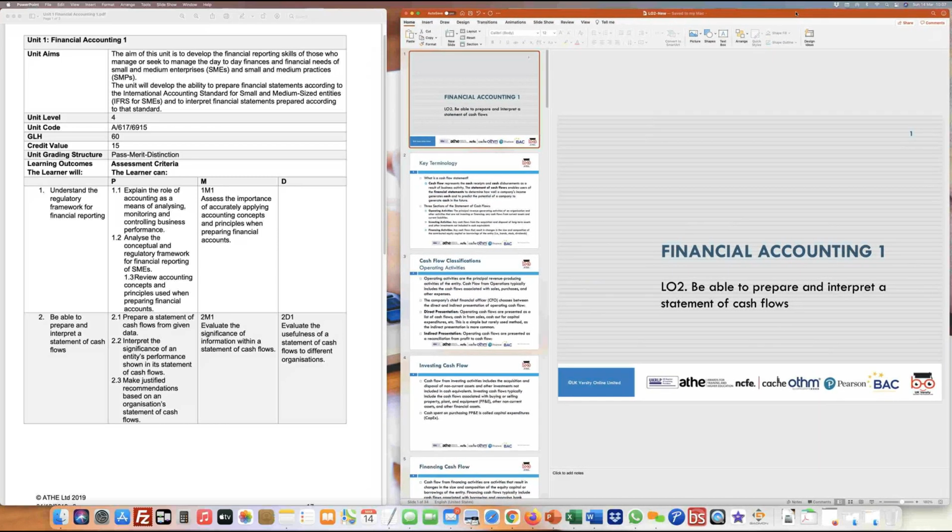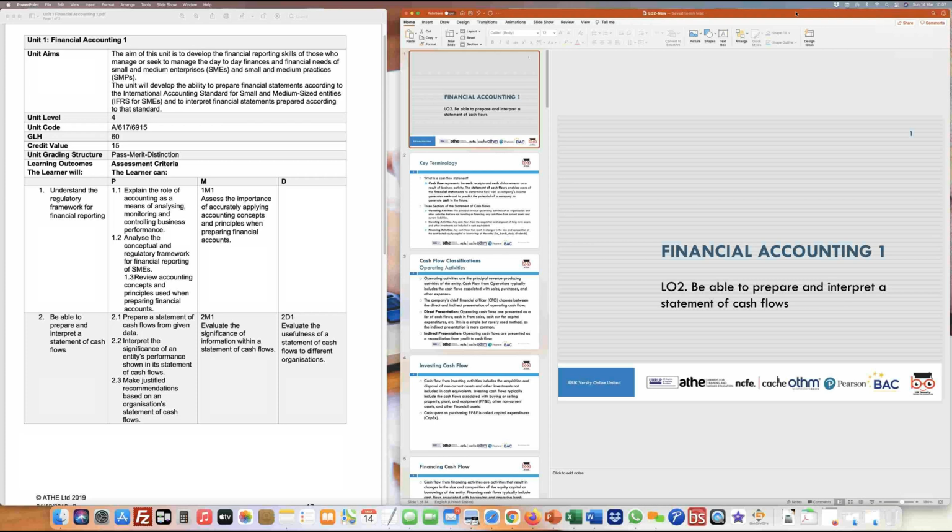So I've created a bit of a sheet just to save a bit of time when we discuss this. And then we are looking at diving into some of the nitty-gritties of what information and how do we interpret that information which comes across from cash flow statements, specifically when we look at the annual reports and statements for some of the big organizations, and how do we interpret them,